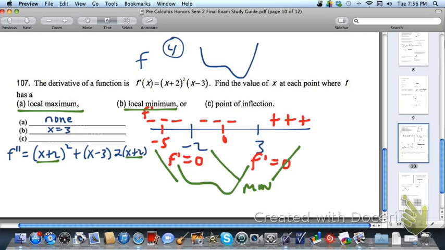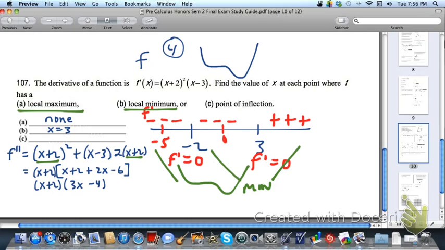So f double prime is equal to x plus 2 factored out. To me, this is the easiest way. I'm not sure about you guys. In fact, it doesn't ever seem like this is easiest for the students. But after we factor out an x plus 2 from the first term, we're left with x plus 2, and then plus 2x minus 6. Okay, that's what we're left with in the second term. And when we combine the like terms on the inside of this next set of parentheses, we get 3x minus 4,